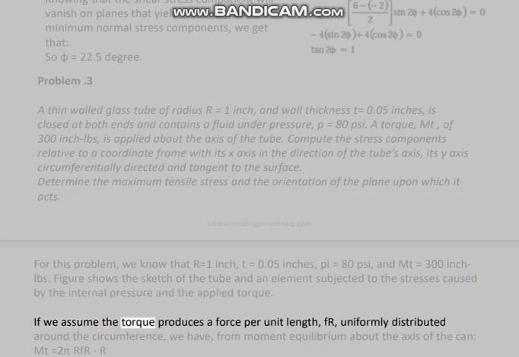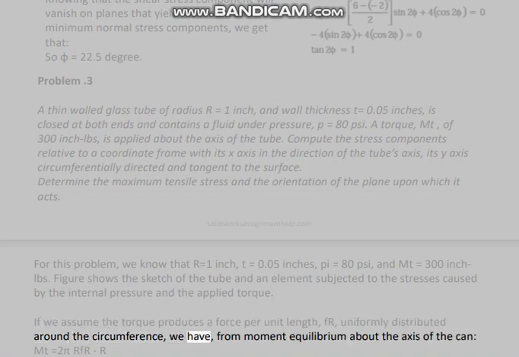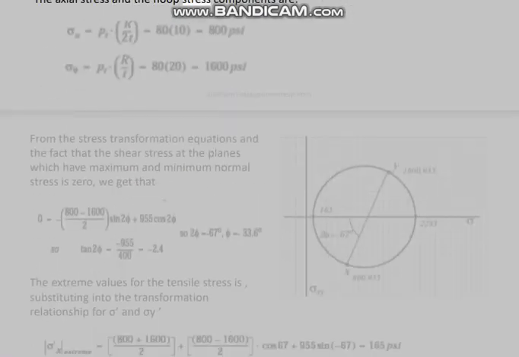If we assume the torque produces a force per unit length, F_r, uniformly distributed around the circumference, we have, from moment equilibrium about the axis of the can, MT equals 2 pi r F_r r. Now if we also assume the force per unit length of the circumference is uniformly distributed across the thickness of the can, the axial stress and the hoop stress components are